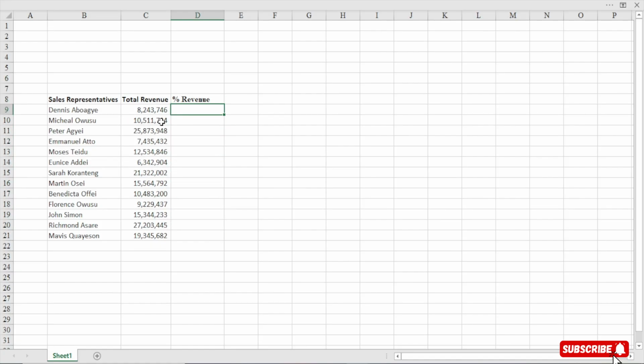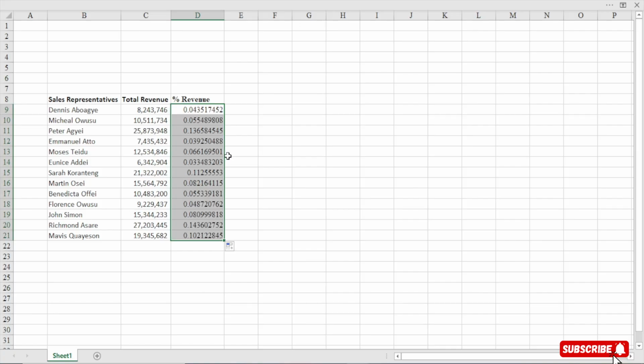Perfect. In order to show the percentage, it's very, very simple, right? What we do is this number divided by the sum of all these numbers. Perfect. And then we are going to tap the F4 function key to lock it, because we are going to drag it down, right? Perfect. So let's close that and then hit enter. When we drag it down, see we have this percentage now.